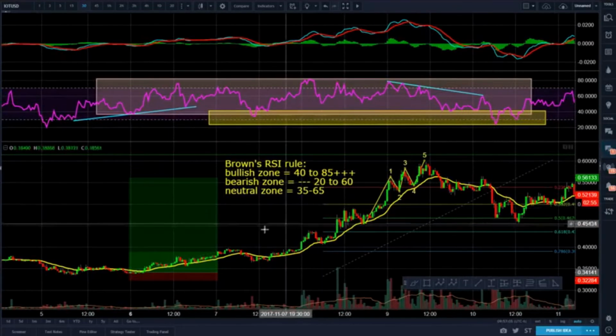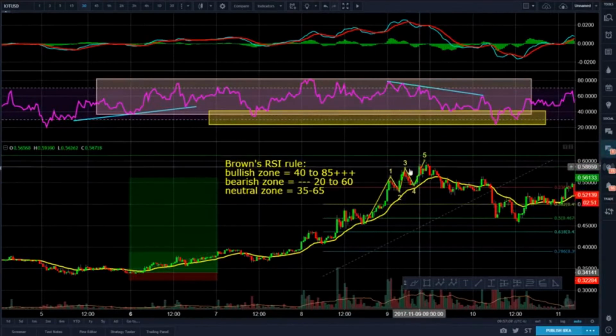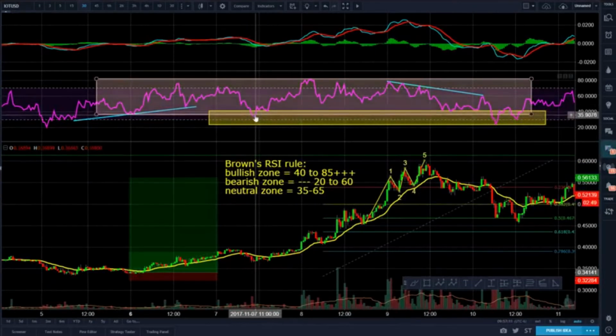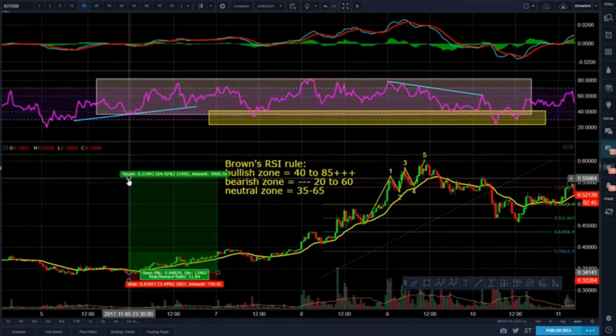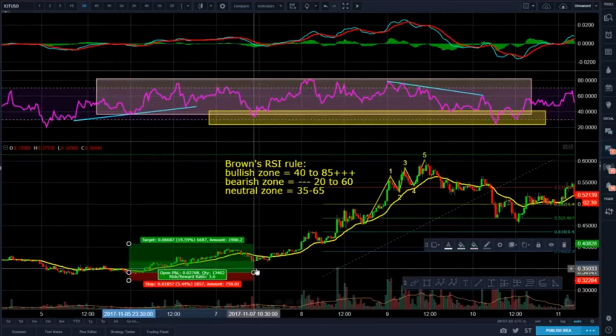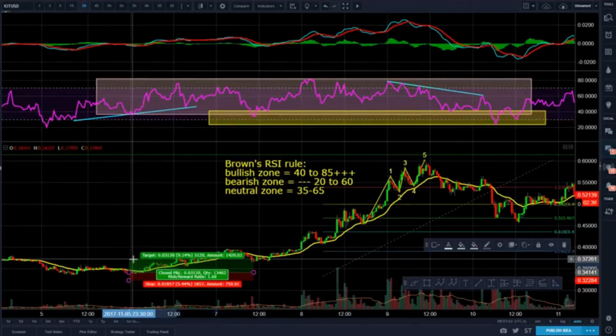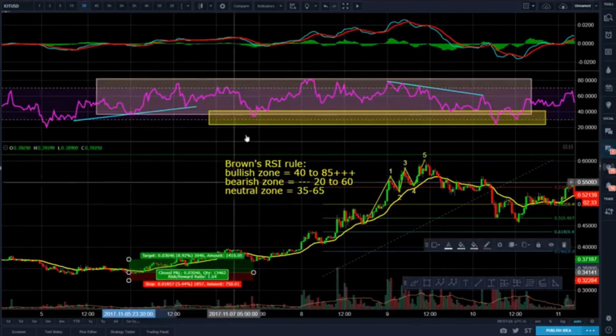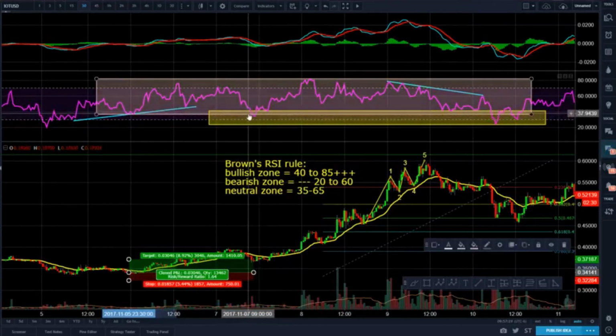Now, I'm just going to show you guys how it's done. So here we get a series of higher highs, right? Here we would not close it yet because it's clearly just bouncing up there. I would give it a little bit of time. Even if you guys panicked and you closed your position there, you would have closed it at, for example, right here, right? You still would have made a massive profit, actually. You would have gone into a trade and made an 8% profit because it finally dipped into this non-bullish zone,